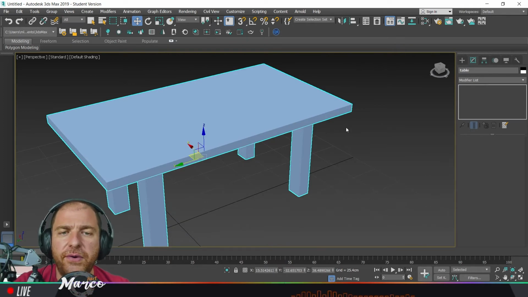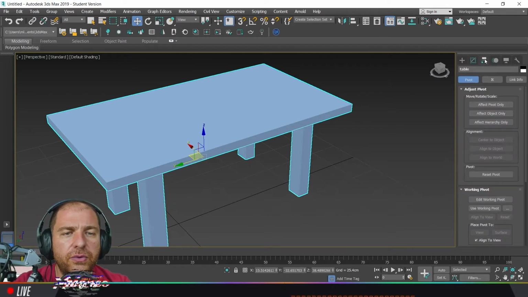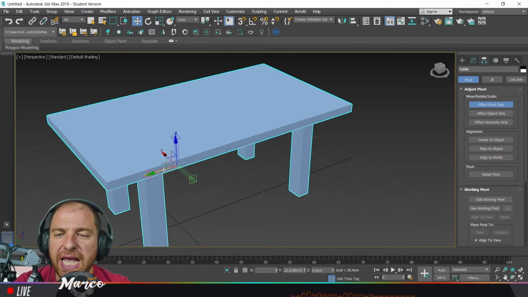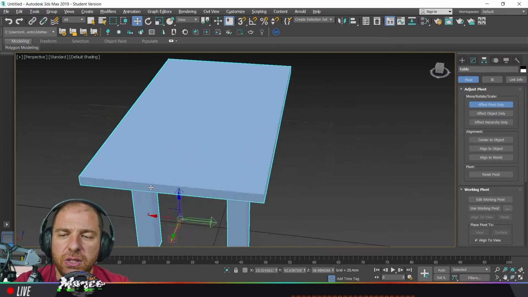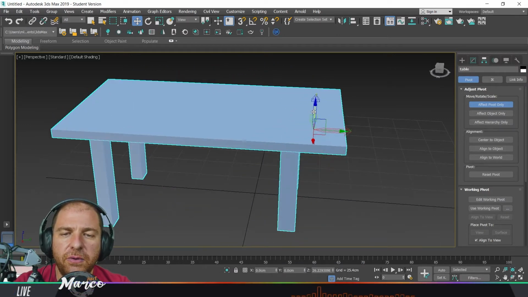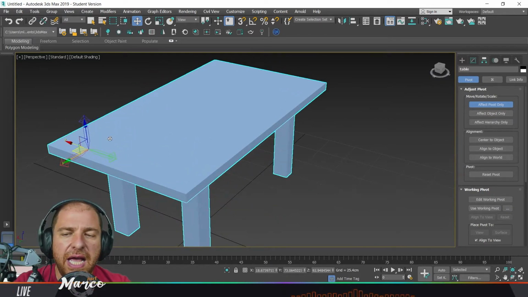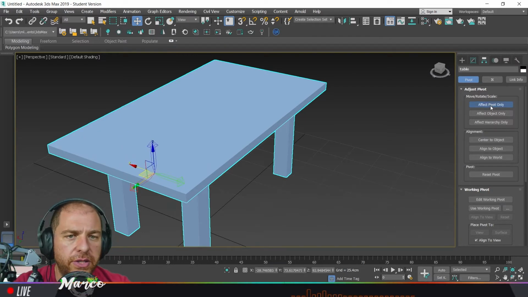but for whatever other kind of object that we use in 3ds Max, we can go to the command panel, we can go to the hierarchy tab, click Effect Pivot Only, and if we want, we can manually choose where our transformation center is placed. We can place it where we want, inside the object, outside, and this is possible when Effect Pivot Only remains